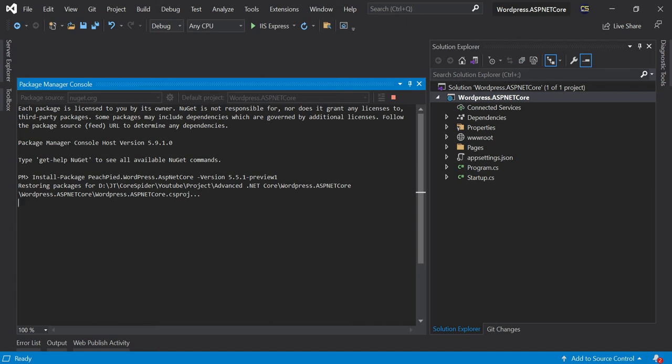After successfully downloading this, it will create a folder here named WordPress. Now we can see there is no WordPress folder available here, but after installation the folder will appear. Let's see.